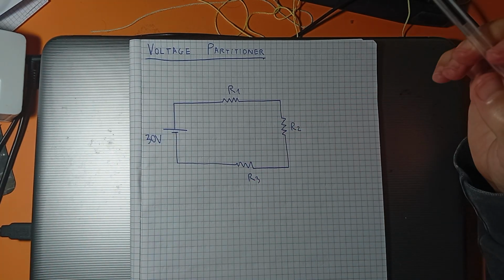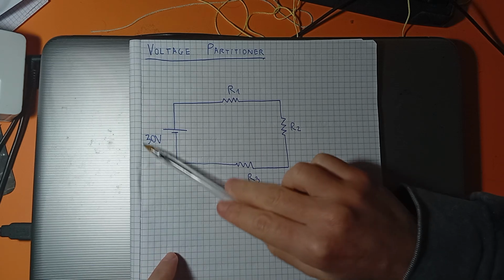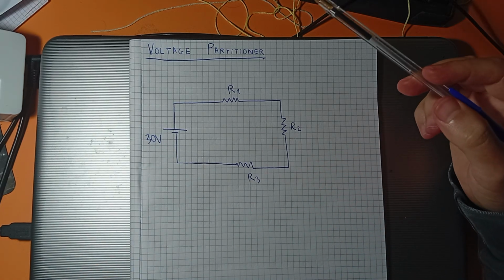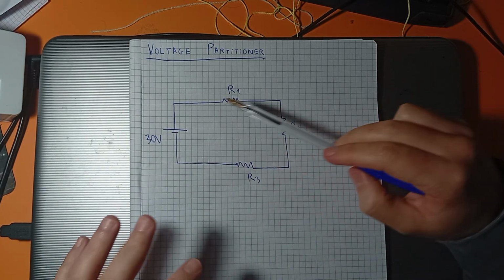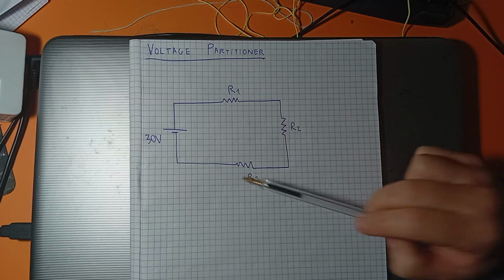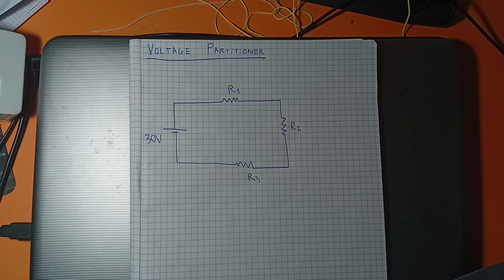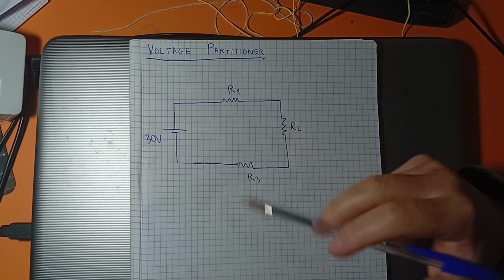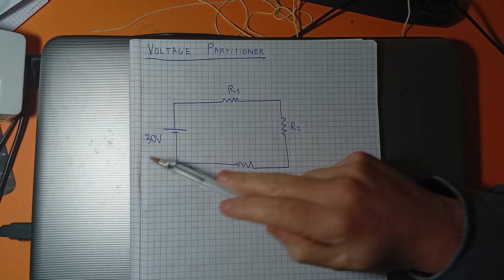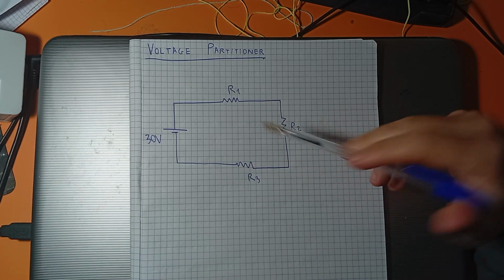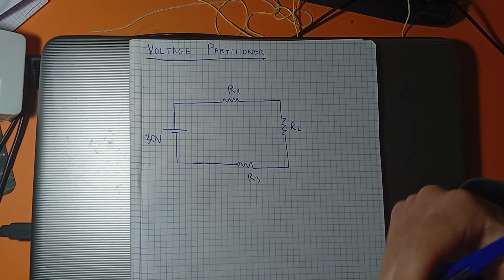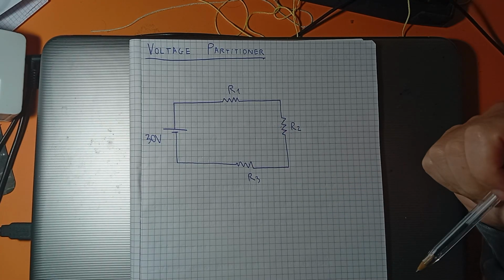So this is an important concept. None of these volts will remain; all these volts will distribute here, here, here, and here. But how will they distribute? If these 3 resistors are equal, the voltage will distribute in an equal way, like 10 volt here, 10 volt here, and 10 volt here, if they are all equal.